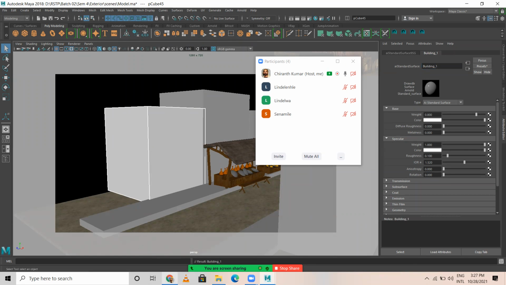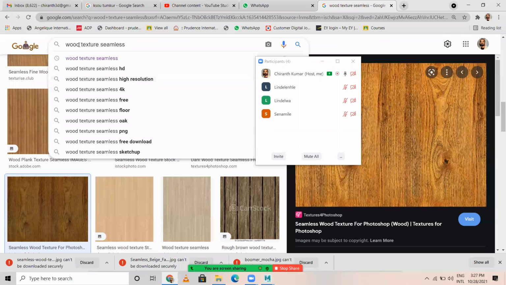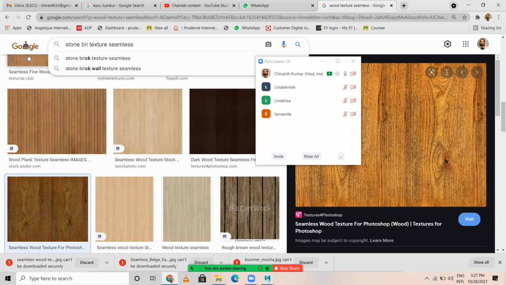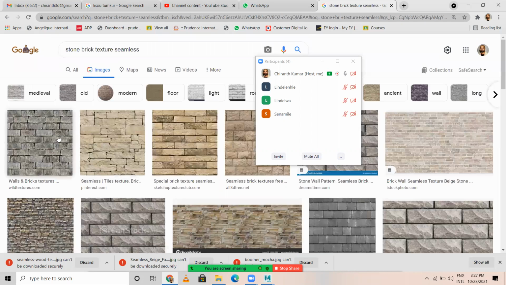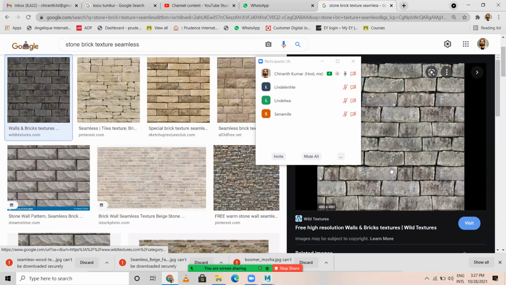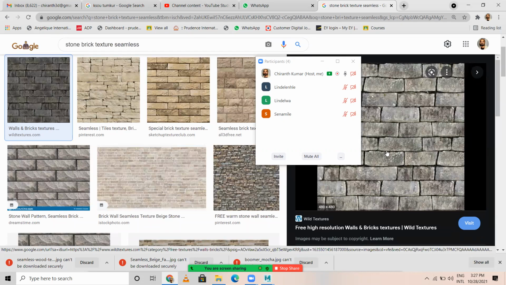And I need a brick image, stone bricks. Stone brick wall. I think, wow, this is great.